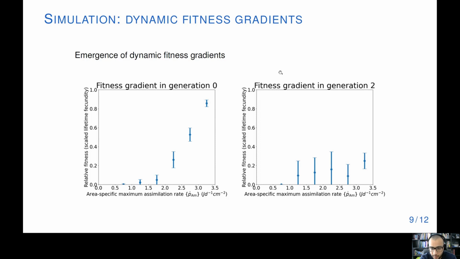However, on the plot on the right, the same is shown but for 2 generations later, and we can see here that this relationship is not the same anymore, and that higher PAMs not necessarily mean higher relative fitnesses. So this actually highlights sort of the advantage of DEB-IBMs as these fitness gradients emerge from the structure of the DEB model within its population context, which is defined by the individual-based model, instead of having to be imposed upon using an a priori function for fitness.